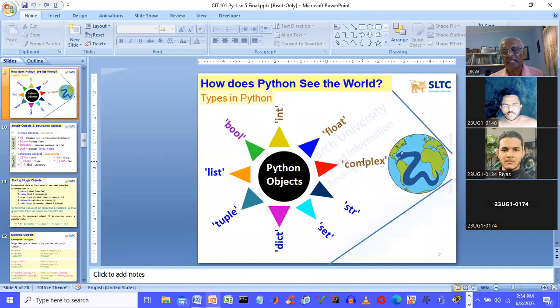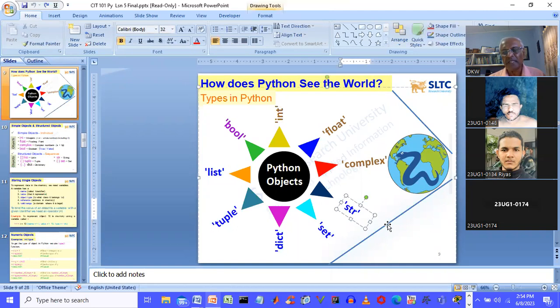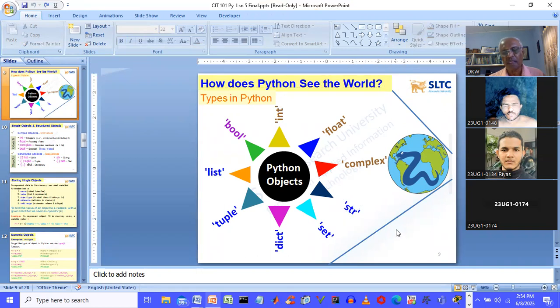Then we have non-numeric things. They cannot participate in calculations, but we say they are still data. They are valuable for us. People's names, right? They are not participating in calculations, but we need names. Everything in the universe has a name, right? So str means non-numeric things. Anything which belongs to non-numeric can be treated as a str type.